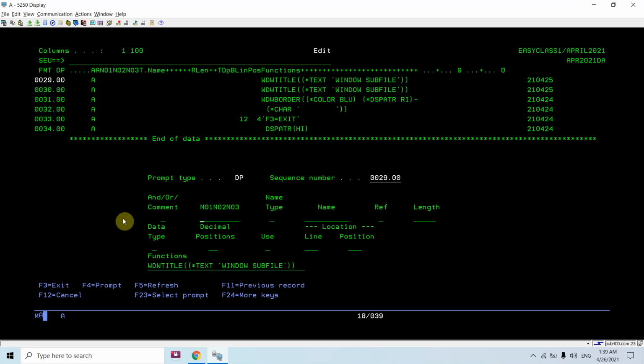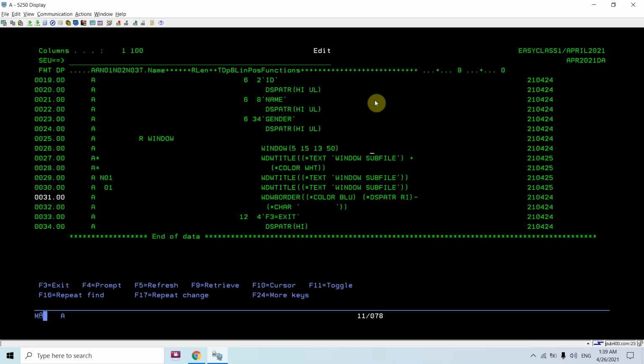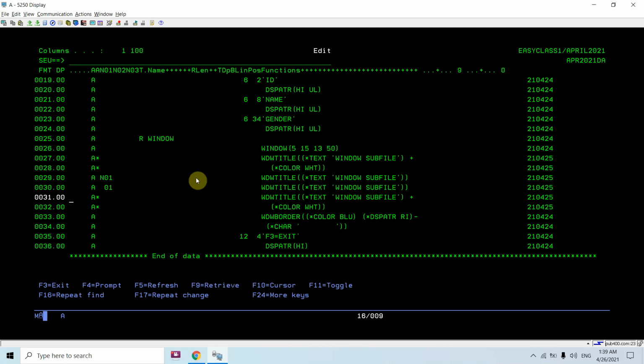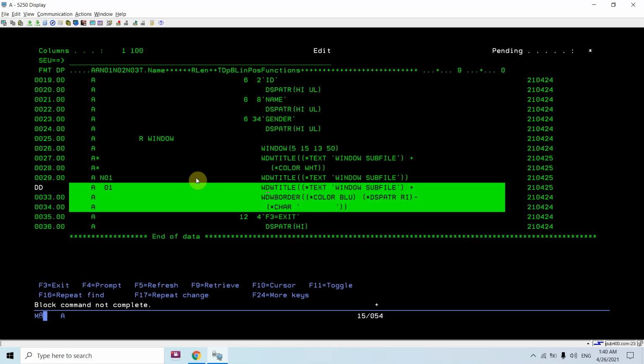For example, when 01 is off, we will be displaying it like this, and if 01 is on, then we are using this one. So yes, we can do it like this, as you can see.